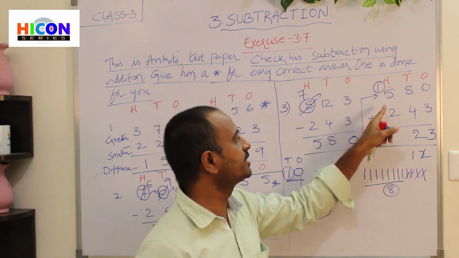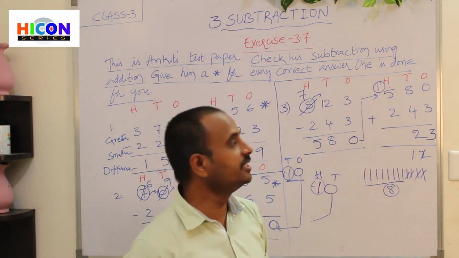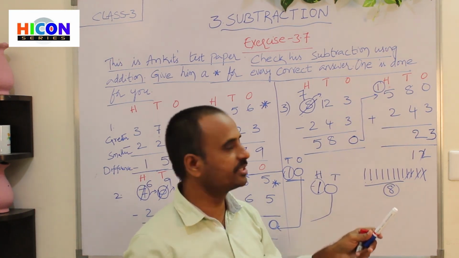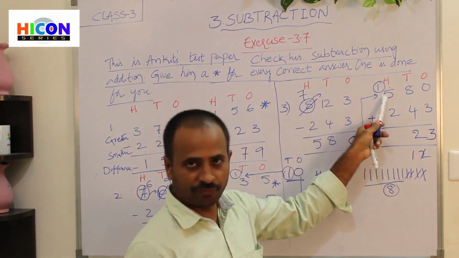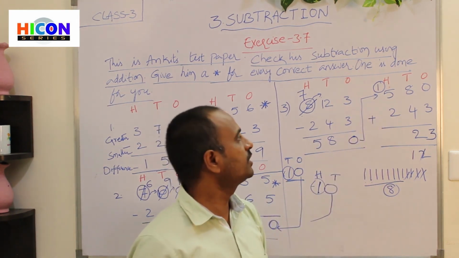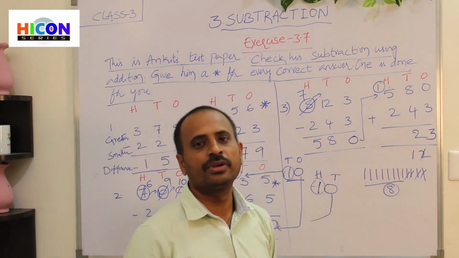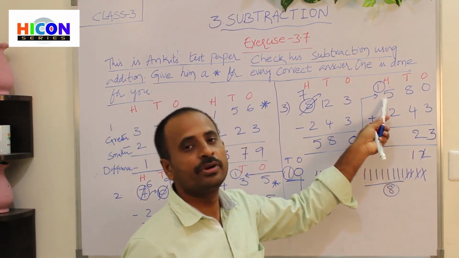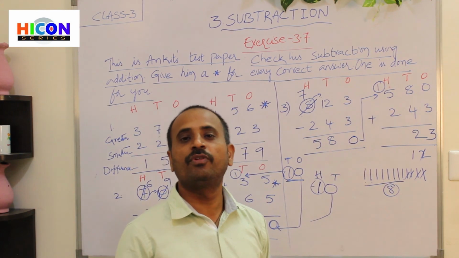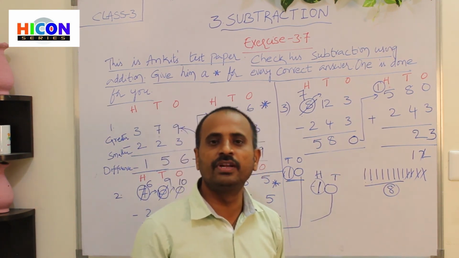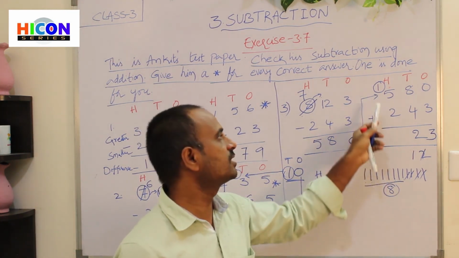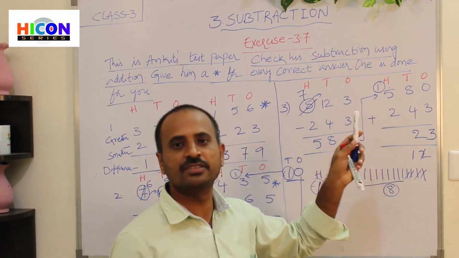Now there are 3 digits under hundreds place. What are the 3 digits? 1, 5 and 2. So first add 2 digits, that is, first add 1 and 5, and the sum will be added to the third number. If 1 is added to any number, we will get its next number. What is the next number to 5? 6. So the sum of 1 and 5 is 6.